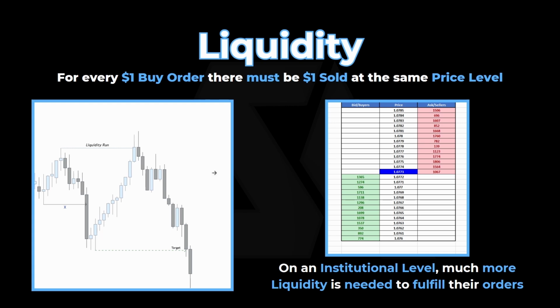they want. So instead of a singular exchange of $100 million in a sell order on Euro US dollar with a single person, these institutions have to operate at a level where millions of traders like ourselves, wherever we have our sell orders in the market, that's the area where they have enough liquidity to then buy the market. So you'll often see price kind of run towards these levels like a magnet,